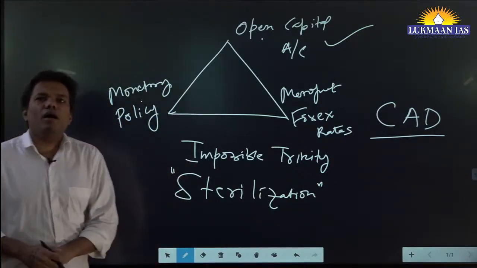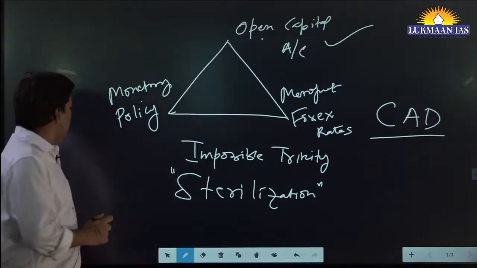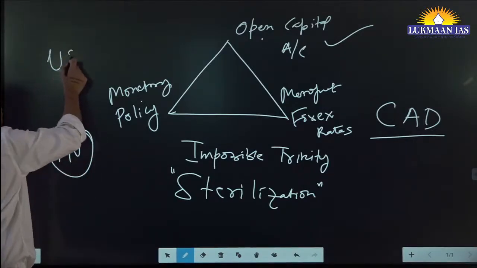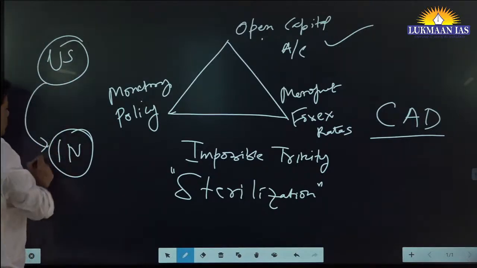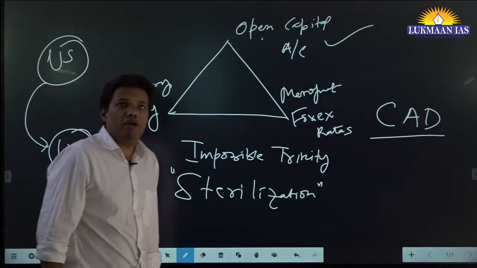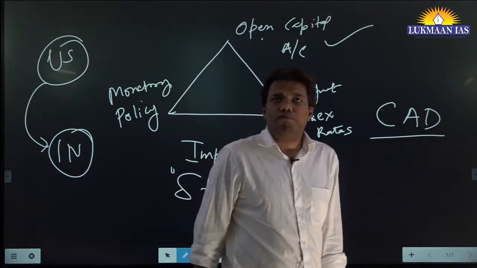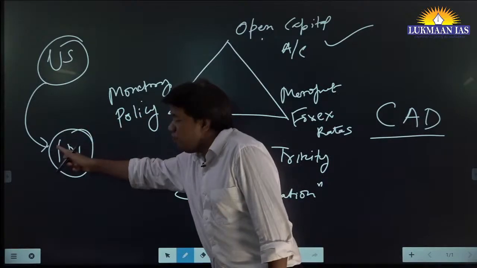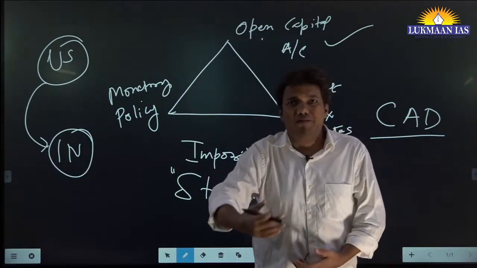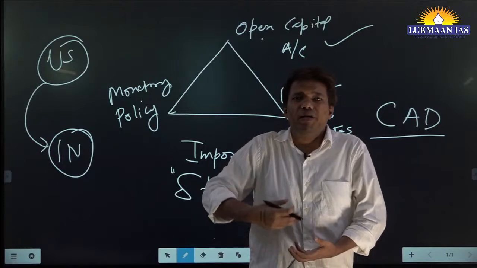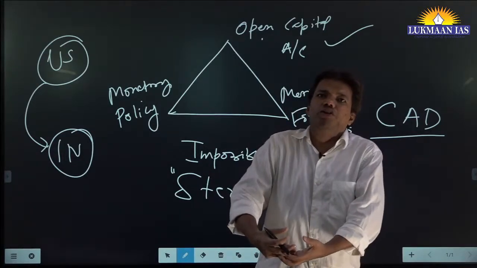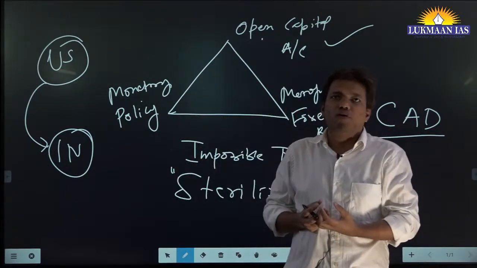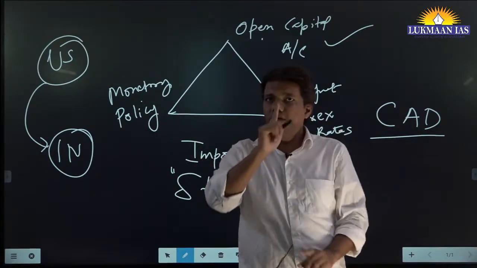Let's say, try to imagine this is India and this is the US. Now an investor comes and wants to invest in India, and you have partial convertibility. What will he do? He first has to convert that currency, that is the meaning of partial convertibility. Let's say he came with USD. He will park the USD with the RBI, get Indian rupees, and then invest. Everyone okay?